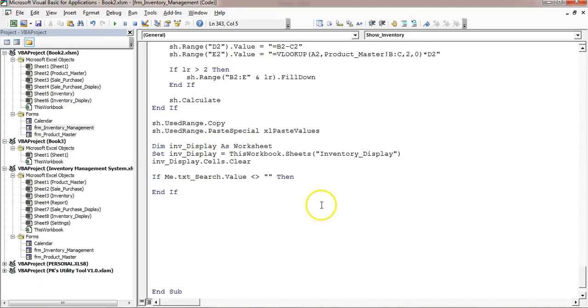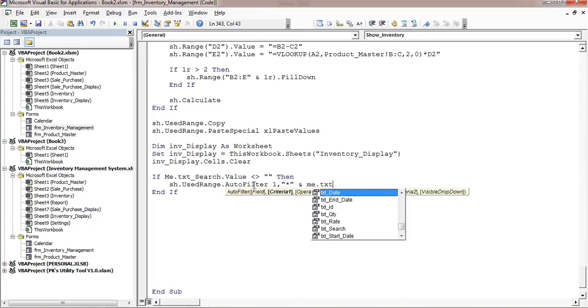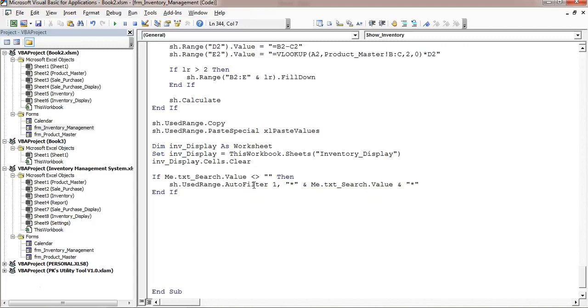So I will use here sh.UsedRange.AutoFilter, and the field we will take is first field because product is available there, and we will filter as contains. So I'll use the star sign here, and then I will take Me.txtSearch.Value, then I will take again a star sign. Alright, so it will filter the data as contains.